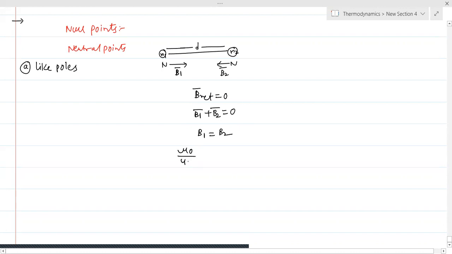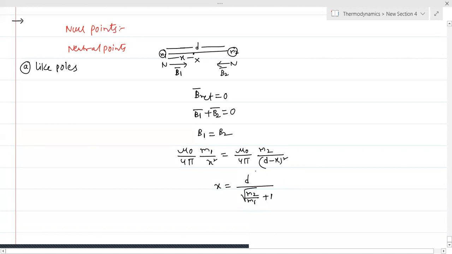That is mu naught by 4 pi into pole strength by distance squared. So let us say the null point exists somewhere at a distance x. Mu naught by 4 pi into m1 by x squared equals mu naught by 4 pi into m2 by (d minus x) whole squared. So by solving this, we get x is equal to d by root over m2 by m1 plus